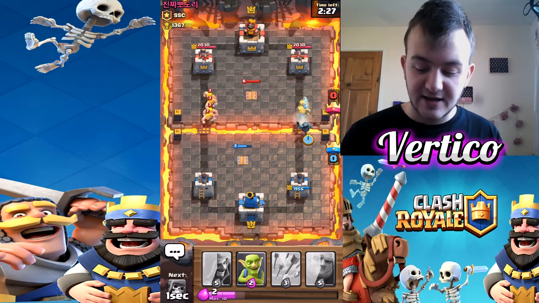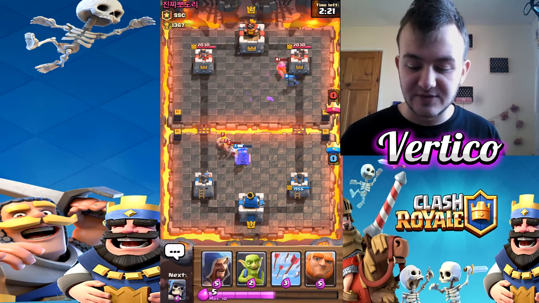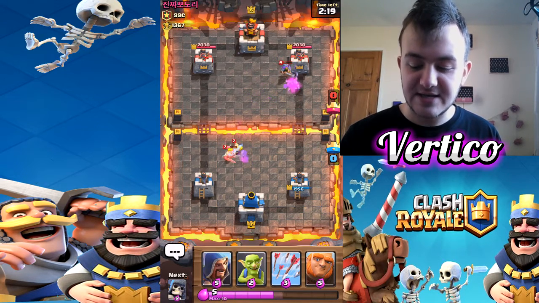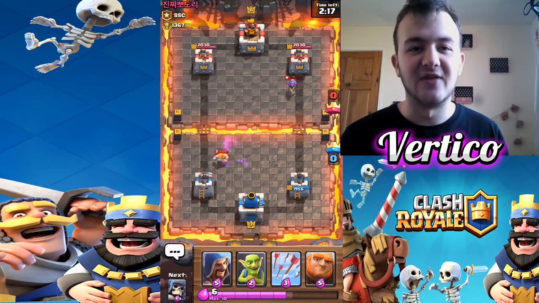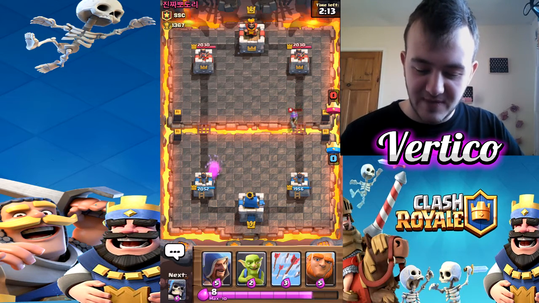He's also got a Tesla, so of course, fortunately, my knight's going to go straight for his Tesla. He's probably going to get taken out quite quickly, but the Pekka should hopefully do some damage before dying. No, he doesn't, because he had a musketeer that I wasn't paying attention to. So it's not going to do well for me here straight away, but what we're going to do is